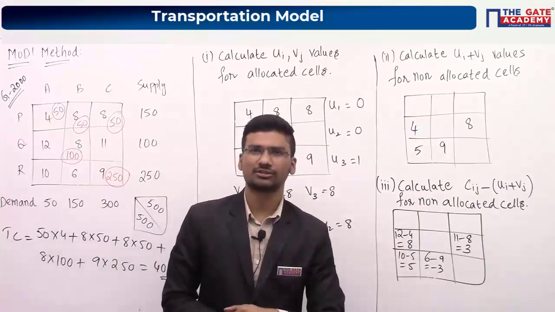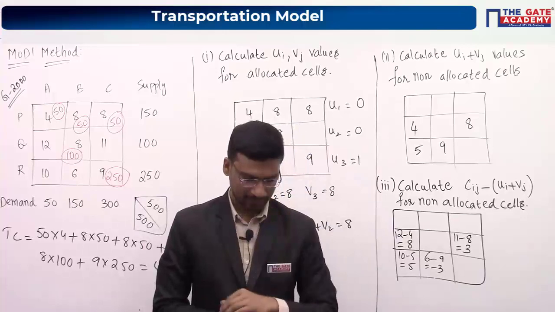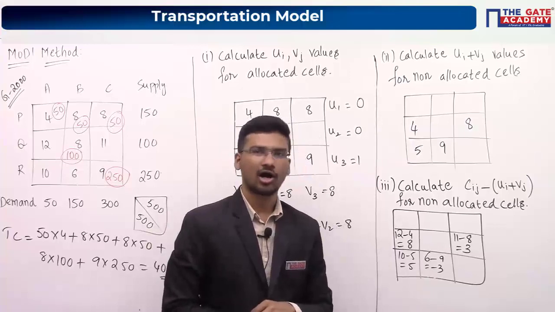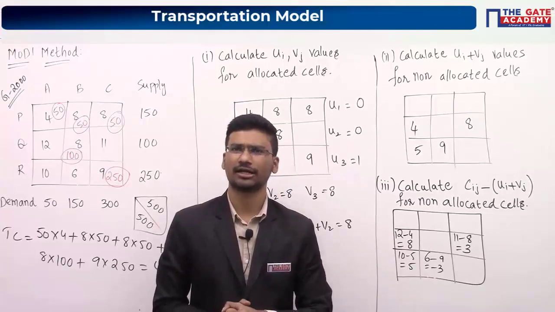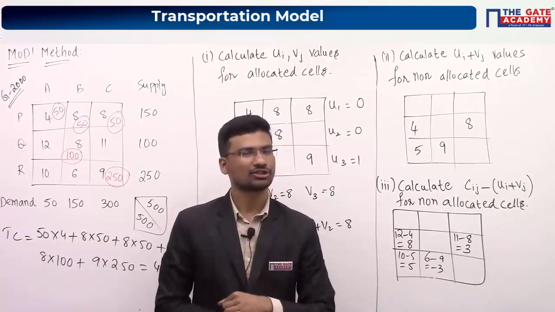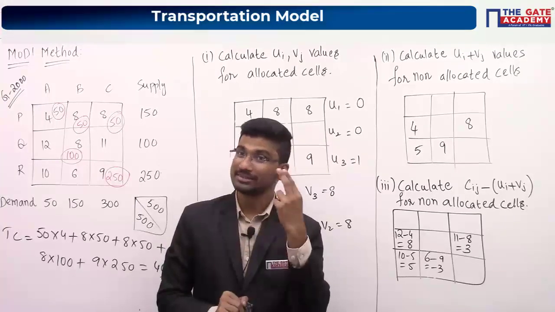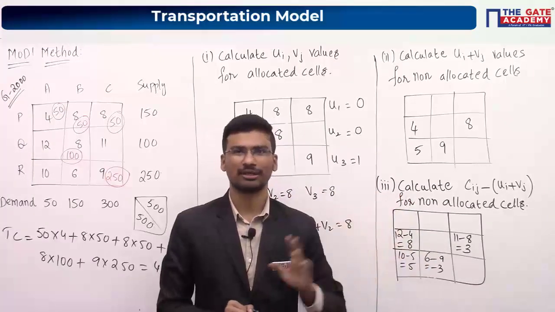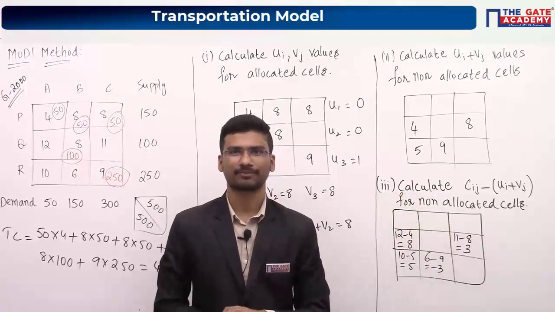If all the elements in step 3 are non-negative, then the solution is optimal. Non-negative in the sense, it may be 0 or it may be a positive element. So even if 0 is there, then also it is optimal. If no negative element is there, you can remember like this, it is optimal.